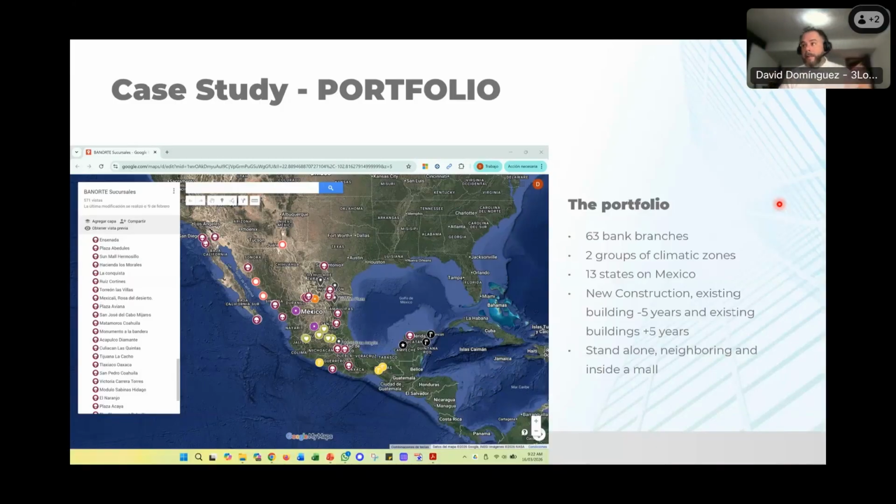And we had standalone buildings. We had neighboring buildings, meaning a bank branch that was next to another building. And inside a mall, meaning no exterior wall is exposed to the environment. So this is the portfolio that we wanted to address with the